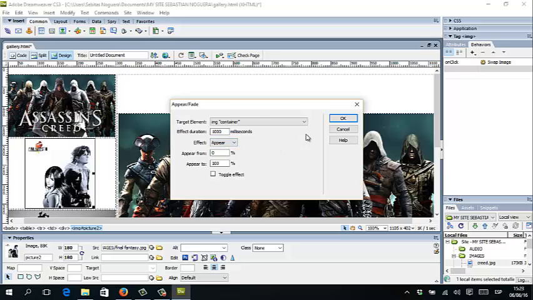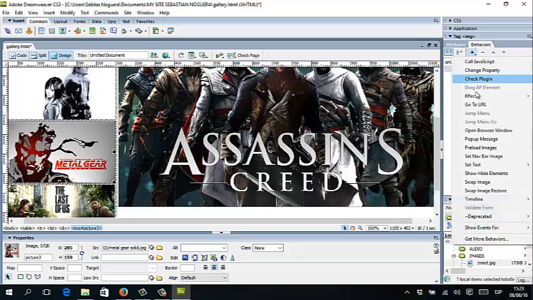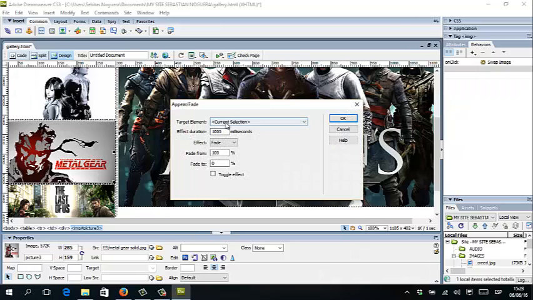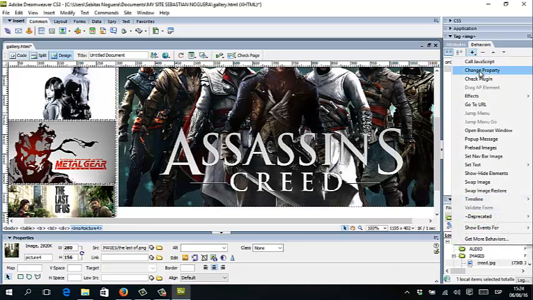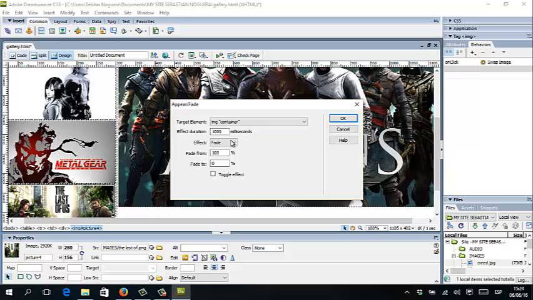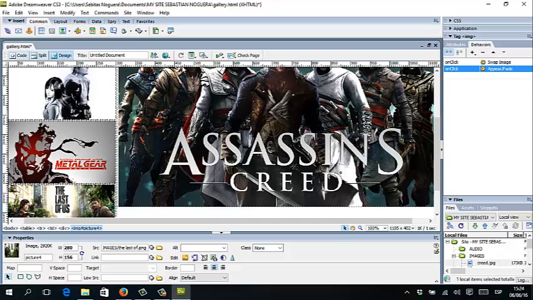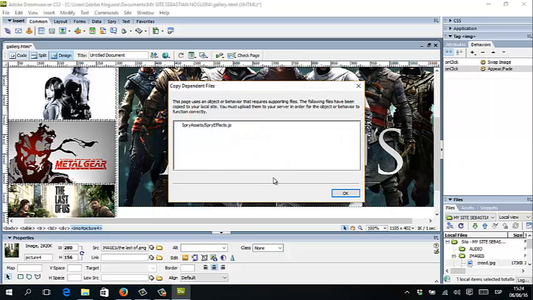Instead of fade, let's click on appear. Scroll down, drop down, effects, appear, container, appear, OK. And finally, for the Last of Us thumbnail, effects, appear, container, appear, and OK. Once again, let's preview on Firefox, save changes, of course, and this pop-up window tells you that